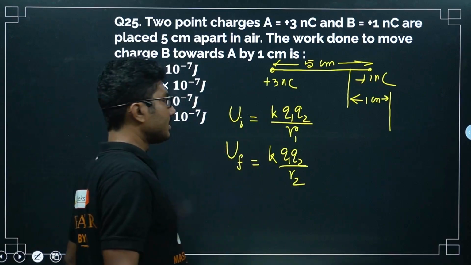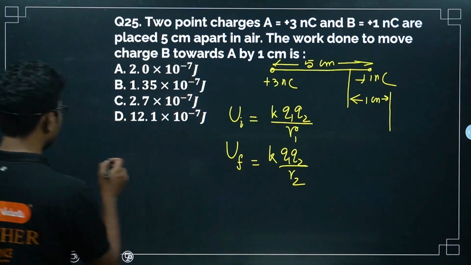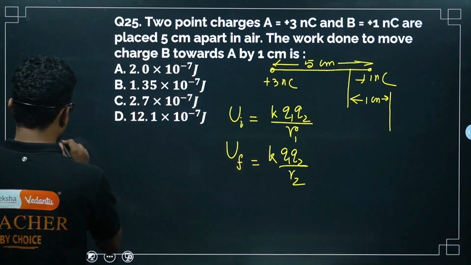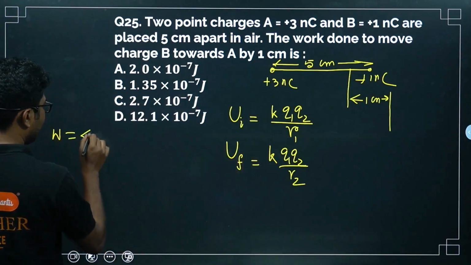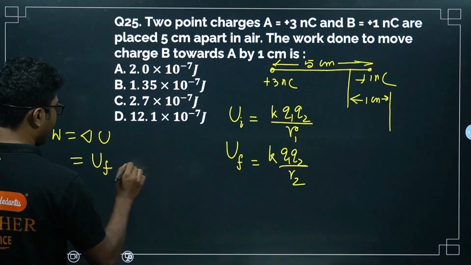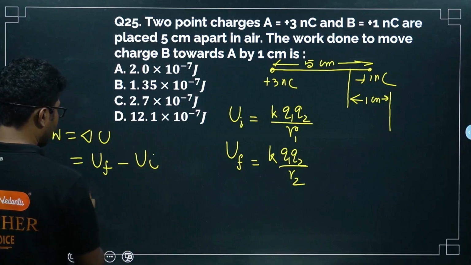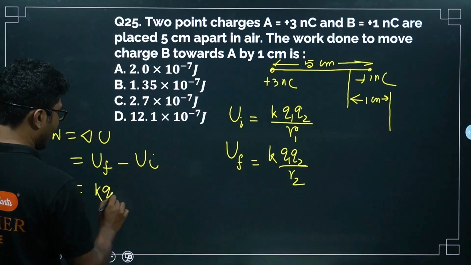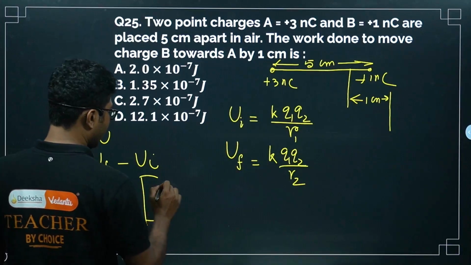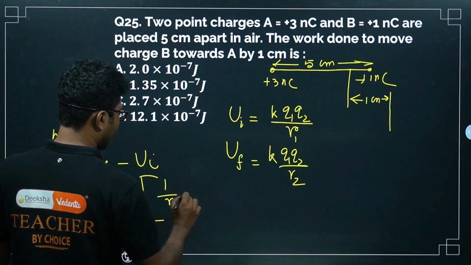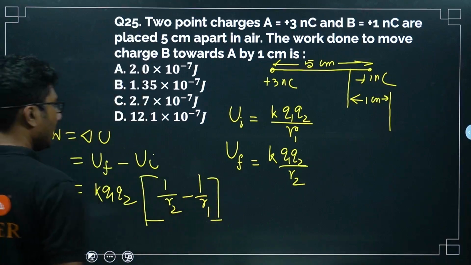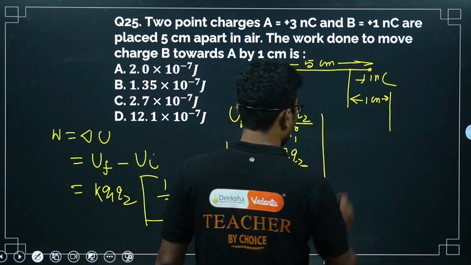Now both of them are positive. You are reducing the distance, that means final is more. So the work done is delta U, that is UF minus UI. If you take K Q1 Q2 as common, because that is common for both of them, you will get 1 by R2 minus 1 by R1. Okay, so work done,